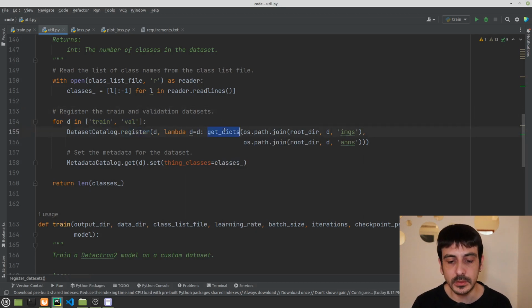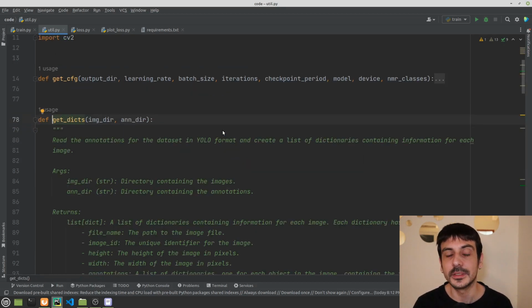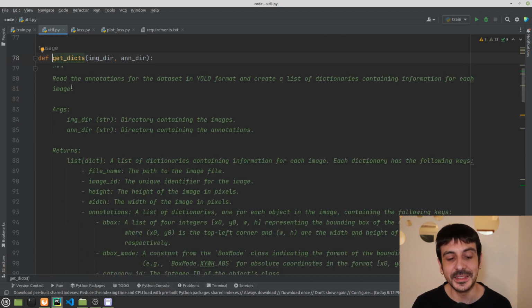Right, now let me show you this other function, getDicts. You can see that the documentation we have in this function is very good. It says: read the annotations for the dataset in YOLO format and create a list of dictionaries containing information for each image.